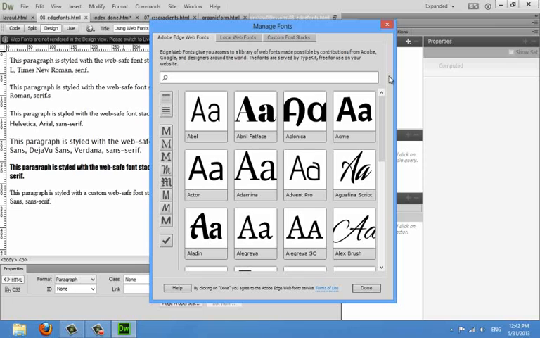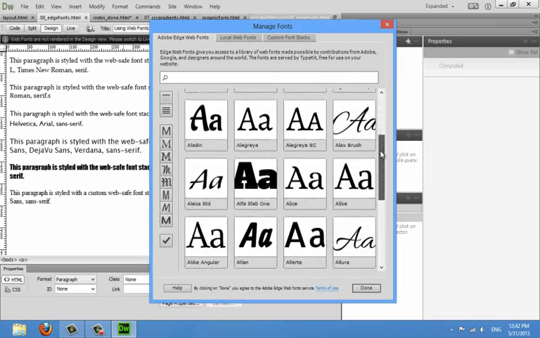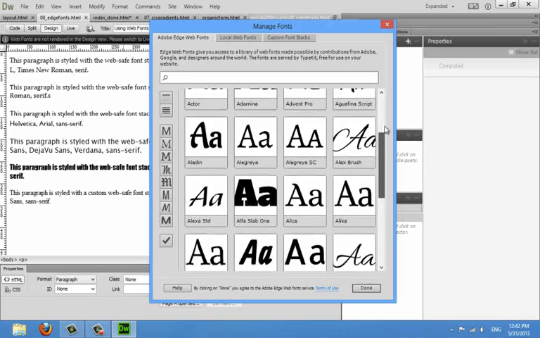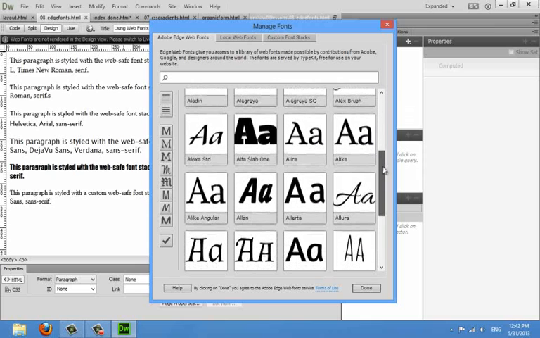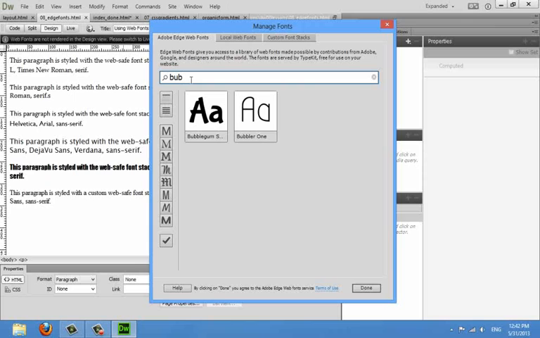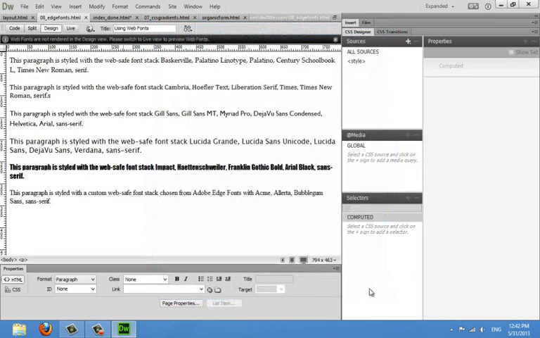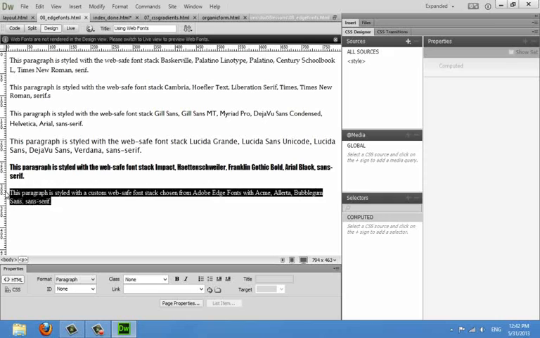To add Adobe Edge web fonts to your site, you can simply scroll through the list and choose the fonts you're interested in, for example, Acme and Alerta, or you can search for a font by name, for example, Bubblegum. Once we've selected the 3 fonts we're interested in, we can click Done, and then we can apply these fonts to our web page. To do that, we'll select the last paragraph,